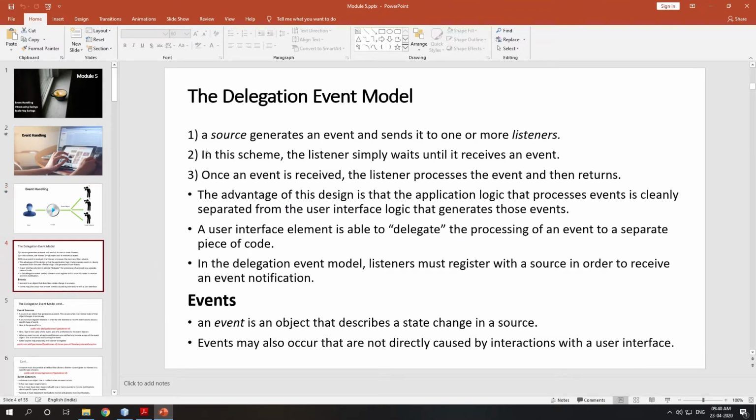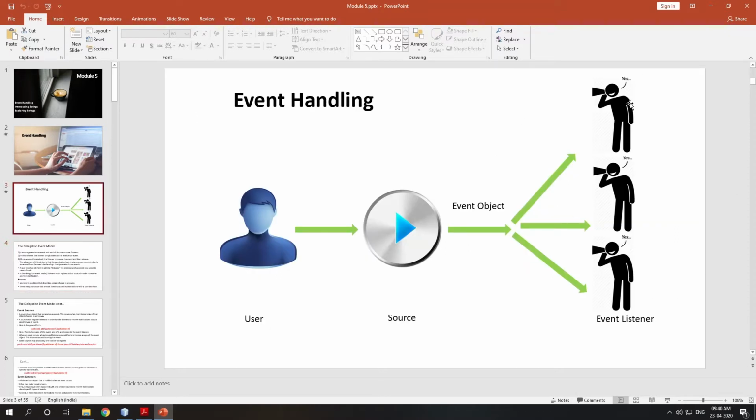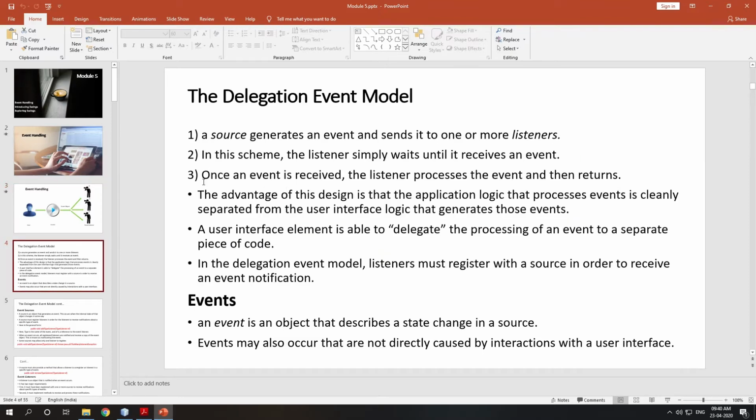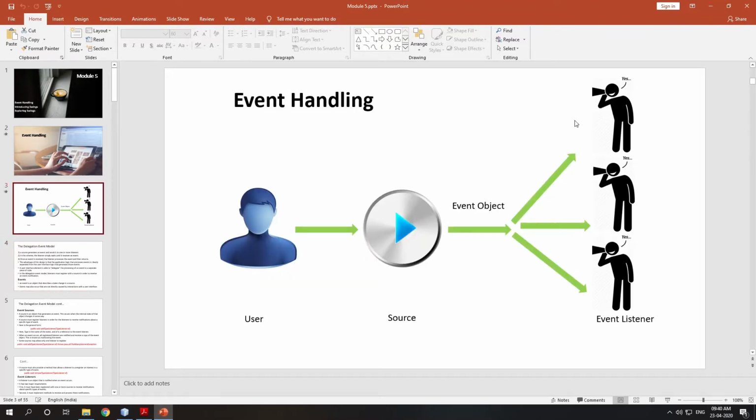In this scheme, the listener simply waits until it receives an event. The listener will not perform any action until it receives an event object. Once the event is received, the listener processes the event and then returns; it will return the output to the user.